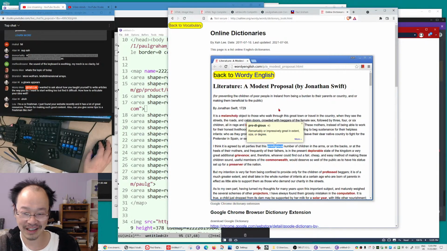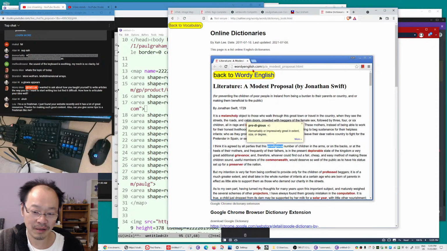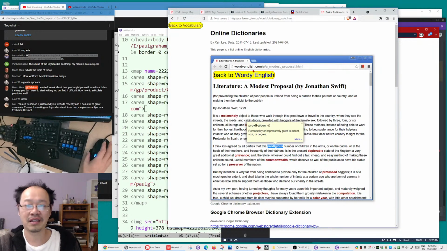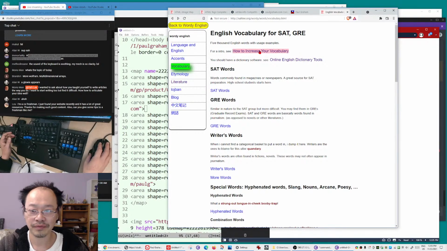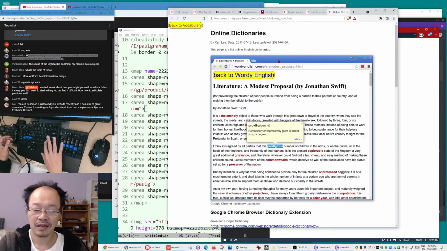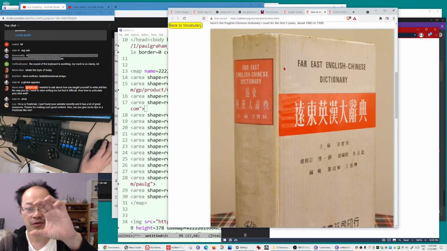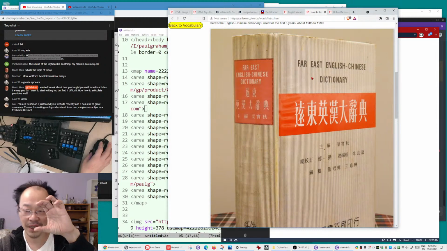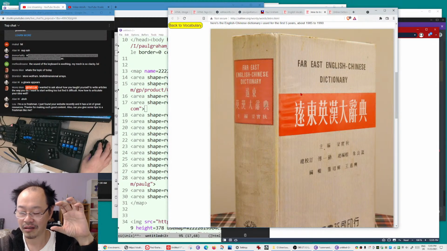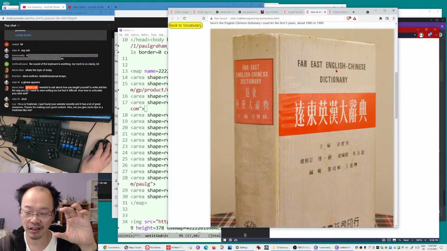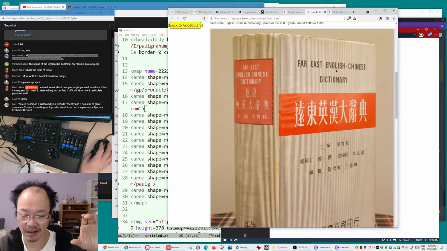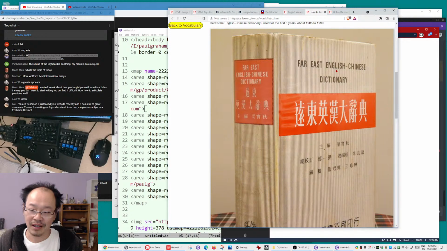But for 20 years, in my 20s to 30s, I looked up the dictionary literally more than 100 times a day. This thick dictionary, let's open that. It's about this thick. This is the biggest English Chinese dictionary at the time. There's no bigger. I wanted the biggest one so that for every word I could find the definition.